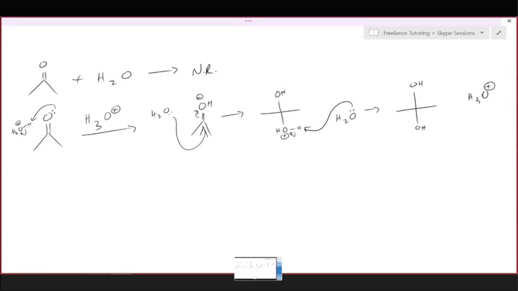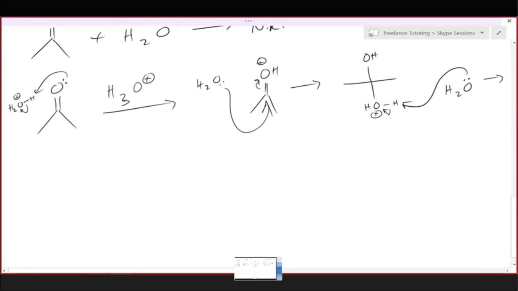Very good. Remember that carbonyls are one of the two most important functional groups in the second semester. So this is a second semester reaction, though we've already seen it. Okay, good. Can you think of any other ways to adjust the conditions to get a reaction to happen here? Sure, if we added something like hydroxide,